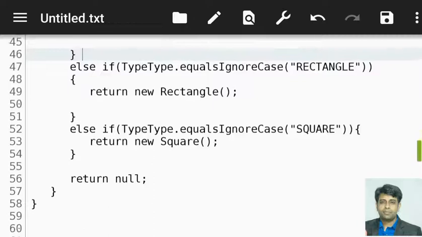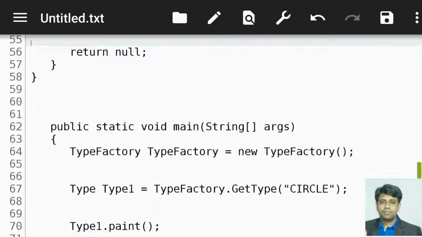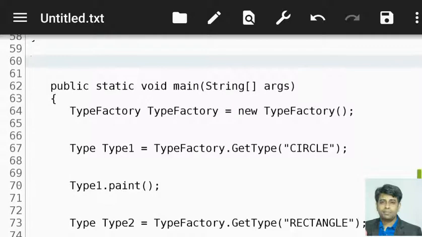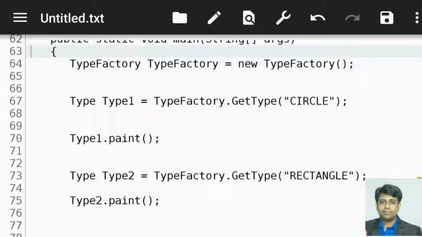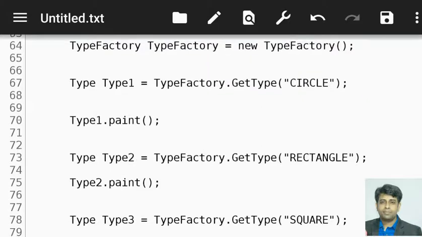If it is square, I will return the square object. So in the main method I am calling the factory class, and through the factory object I am calling the get type method and passing the user input. The get type method will return the type object, and through the type object I am calling the particular paint method.